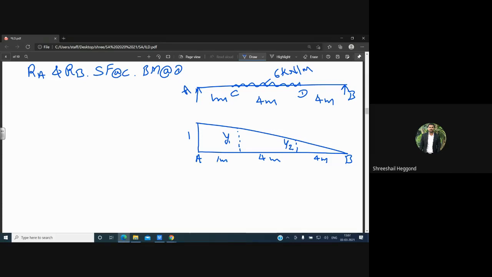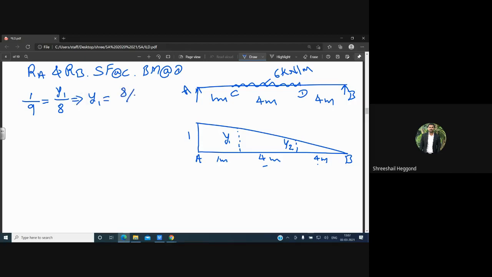Y1 can be calculated as 1 divided by the total span, 1 plus 4 plus 4 is 9 meter. Therefore, 1 divided by 9 is equal to y1 divided by the remaining distance, 4 plus 4, that is 8. Therefore, you can write y1 is equal to